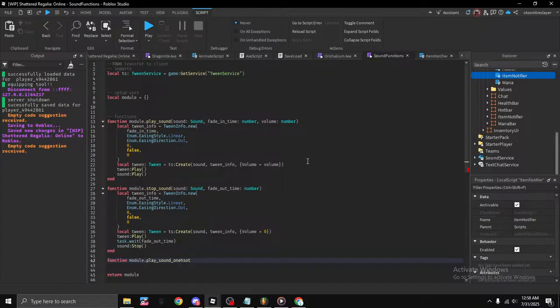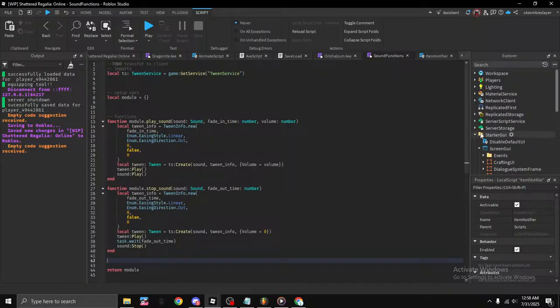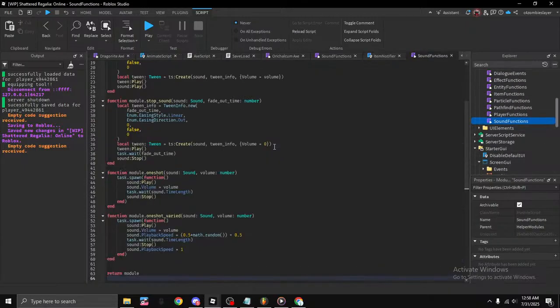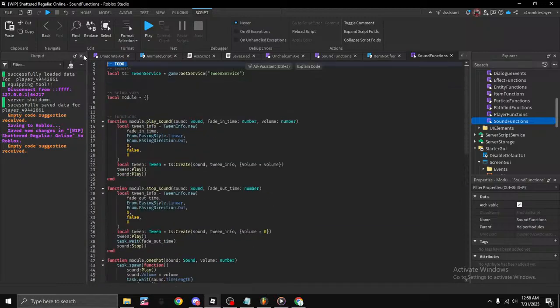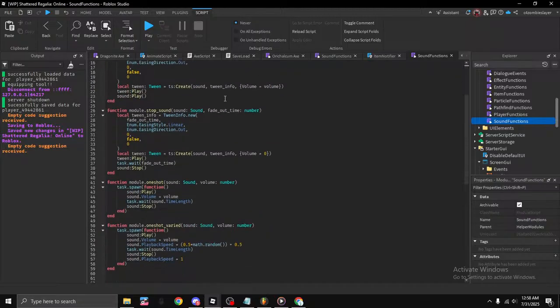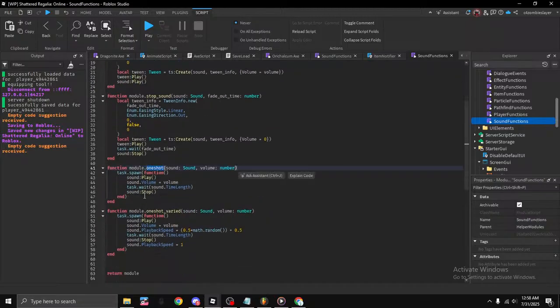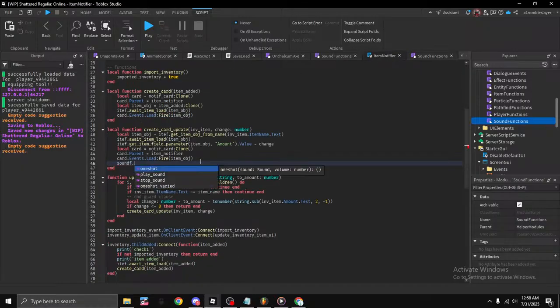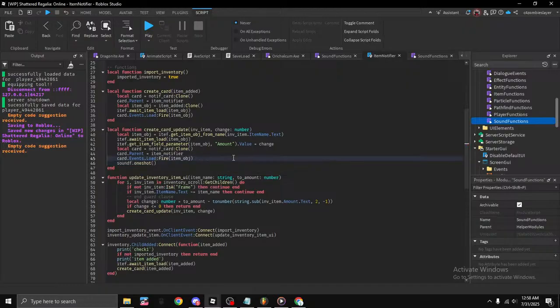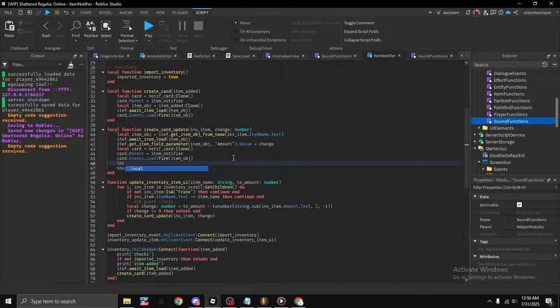Whoops. So let's go ahead and delete that, and we're gonna go to ReplicatedStorage, go here, sound functions, and then we're gonna paste it here. And yeah, let's go ahead and get the one shot function. Go to item notifier, sound f dot one shot, and then we're gonna create a local